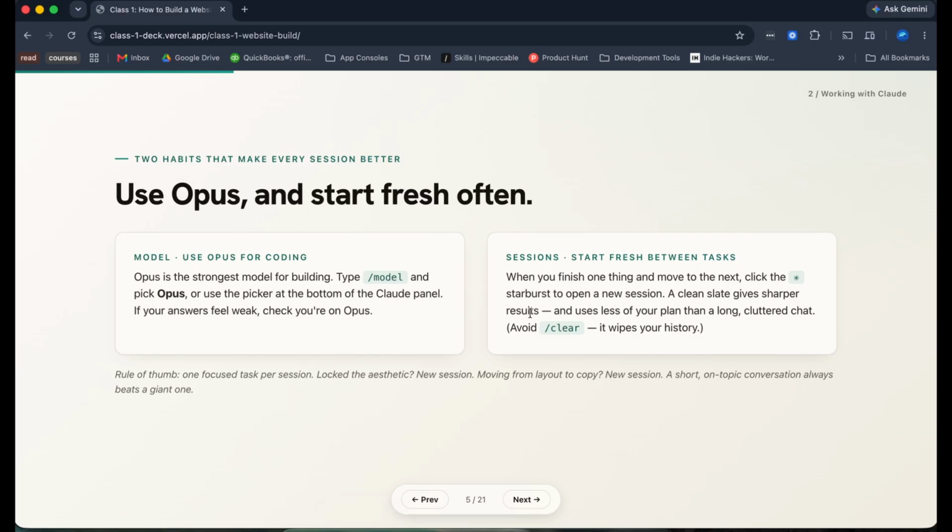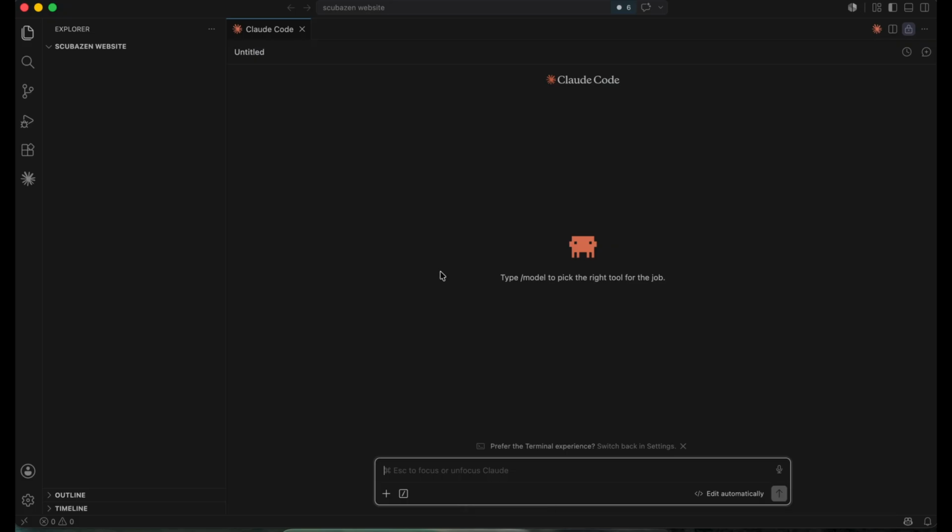The other thing that you want to just keep in mind as you do this is sessions. So don't worry too much about it now. I'll just introduce the concept. You don't want to do multiple topics or multiple coding runs in the same conversation with Claude. What'll happen is it'll accumulate a lot of context and a really, really long conversation. And so what it'll do is it'll eat up a lot of your usage, but not only that, it'll start to get really confused and not perform as well.